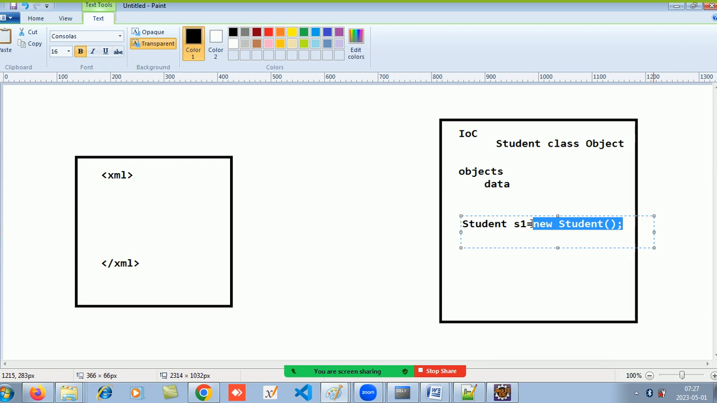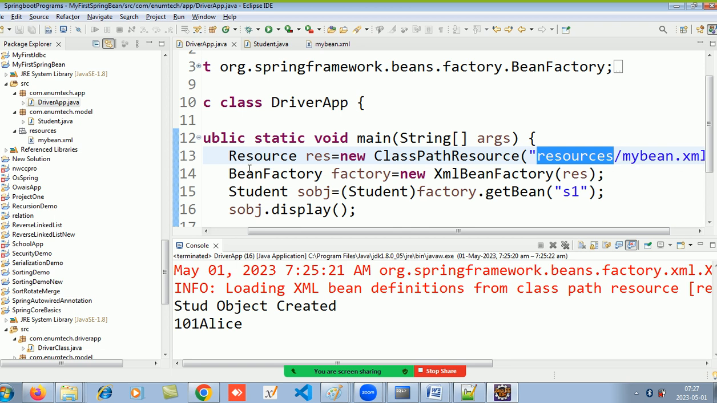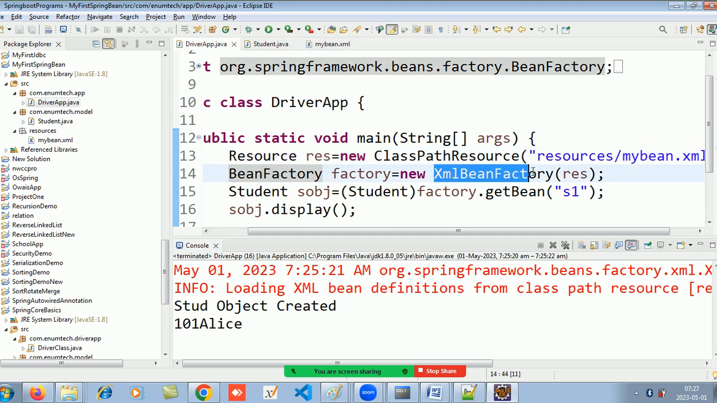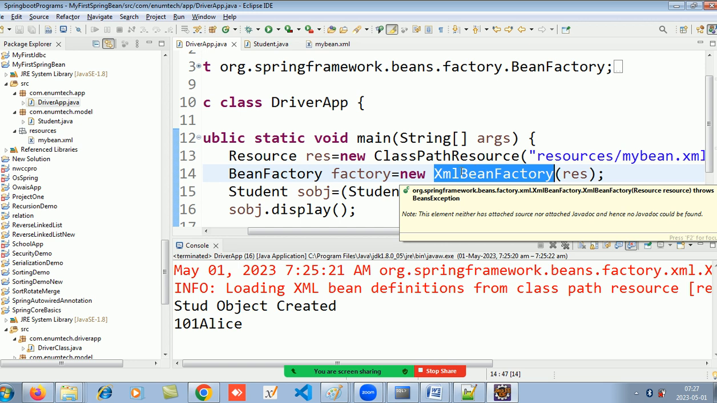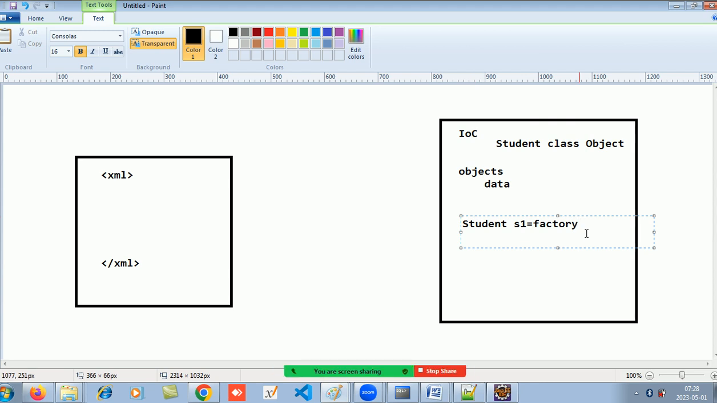आईओसी कंटेनर को बोलूंगा। तो फैक्ट्री किसका ऑब्जेक्ट है? एक्सएमएल बीन फैक्ट्री का है ना? इस क्लास का ऑब्जेक्ट है वो। पेरेंट क्लास रेफरेंस कैन पॉइंट टू चाइल्ड क्लास ऑब्जेक्ट, यस। तो एक्सएमएल बीन फैक्ट्री का मैंने ऑब्जेक्ट बनाया, और फैक्ट्री अभी बोल रहा है कि मेरे को एक स्टूडेंट क्लास का ऑब्जेक्ट चाहिए। क्या चाहिए? स्टूडेंट क्लास का ऑब्जेक्ट।